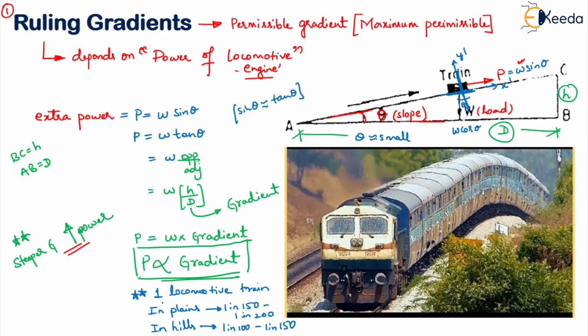More than this, you will not be able to provide, because the ruling gradient will be fixed for knowing the maximum gradient. Understood? Steeper than this, you cannot go. Say for example, if we decide for a particular length of the railway track, the ruling gradient is 1 in 180. More than 180 we should not be giving. Whatever gradients are there, they should be less than 180. They can be equal and flatter, but they cannot be more than 180. This is just an example I'm quoting for you. So hope the ruling gradient concept is clear to you now.